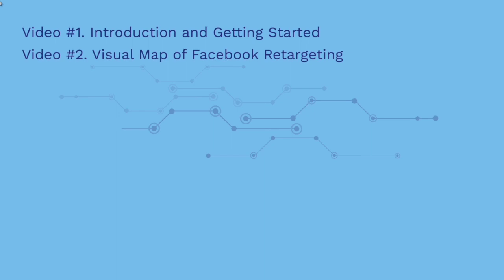A lot of times people jump straight into showing you how to set things up. But unless you really understand how everything fits together and what connects to what, it's really going to become confusing. If you set things up like an email opt-in retargeting campaign, a blog post campaign, or a purchase retargeting campaign, every one of those is different. Once I show you the basics via a visual map, that's when we show you some real life examples